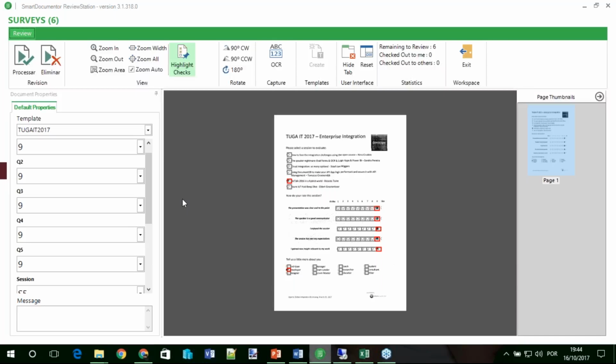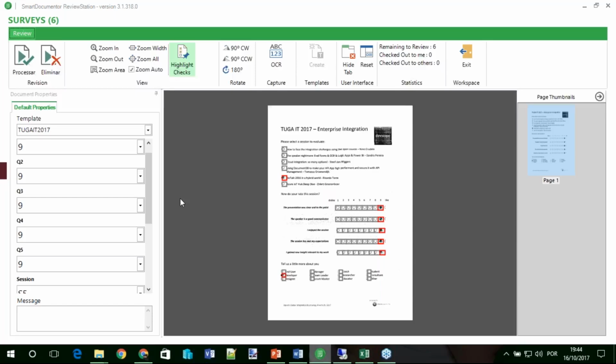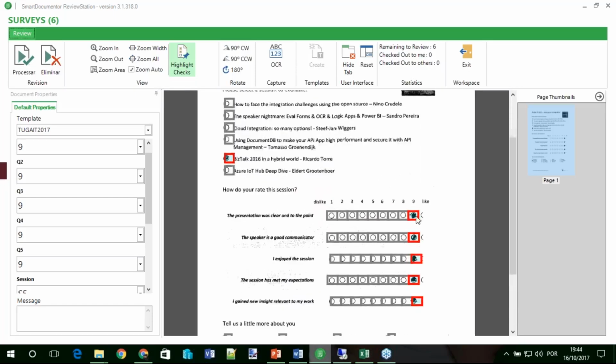So I can check if the OCR is correctly extracting the metadata, because in a form, not all people fill the bullet. Some of them put a simple cross, a point, and it can be difficult for all types of OCRs to be able to understand these forms.